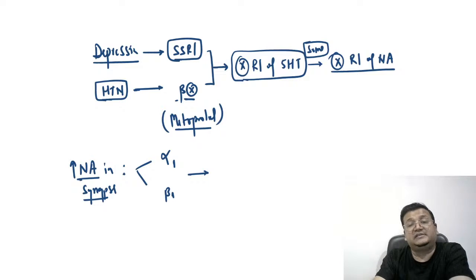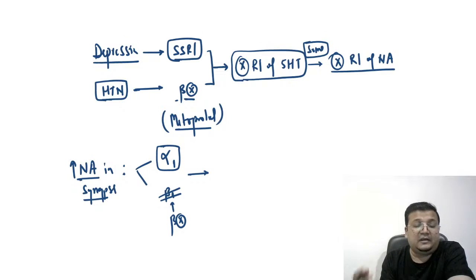You are blocking beta receptor. You are giving beta blocker. So Na will act only on alpha 1. Beta blocker will block beta receptor. Na will act only on alpha 1, and that can increase hypertension. That is number one. Secondly, you see